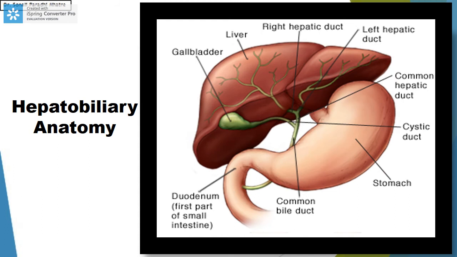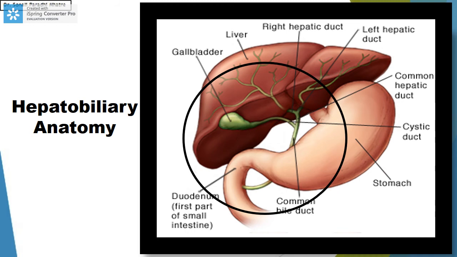Now, the hepatobiliary system anatomy we have already discussed in our first slide. The right and the left hepatic ducts join to form the common hepatic duct. This further gets the cystic duct joining to it, forming the common bile duct. So, any atresia in this duct joining can lead to direct jaundice. This is the main part we are worried about in biliary atresia.